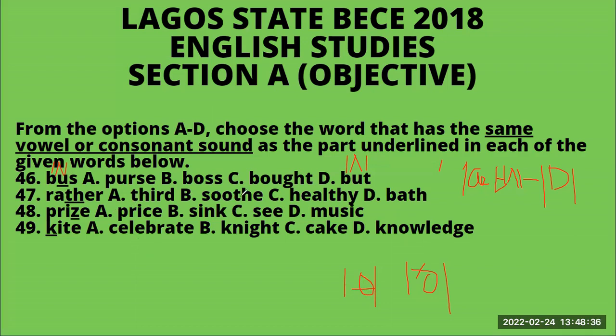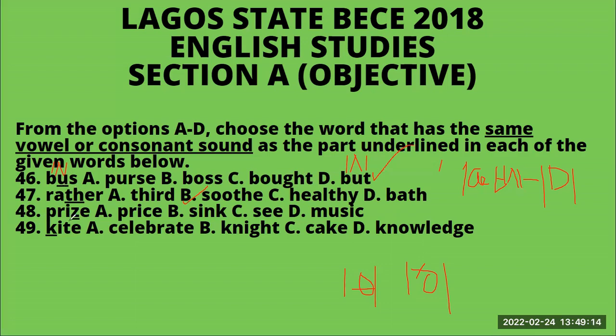Now, the correct option is B, "sooth." Again, you see E coming after TH, and that gives you this, rather, "sooth," all right? "Healthy" is the voiceless, and "sooth" is the voiced. "Bath" is also the voiceless. All right, so the correct option is B. We have already established that this is correct. All right, so here,